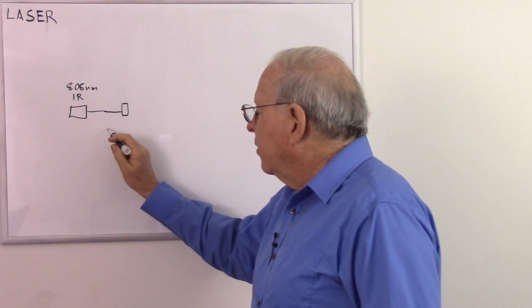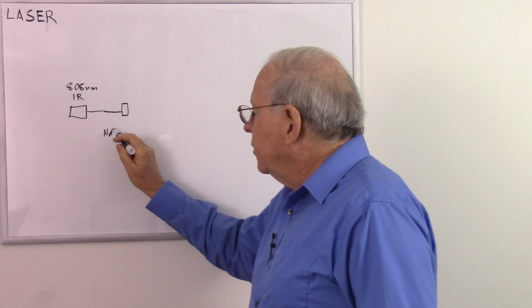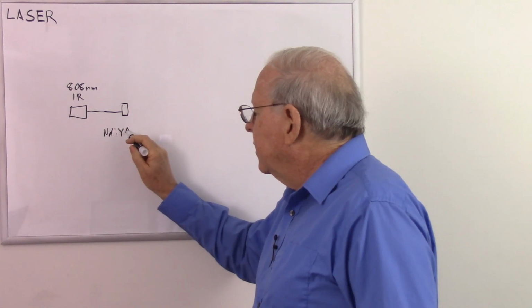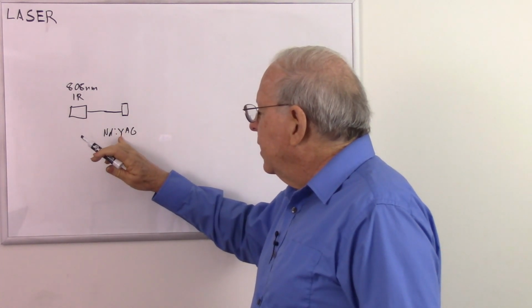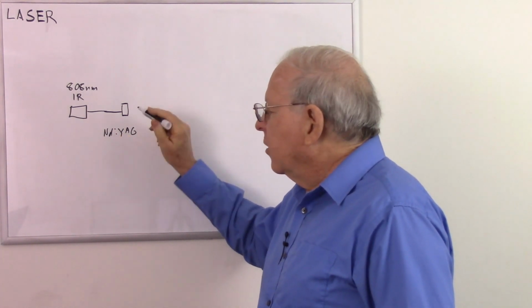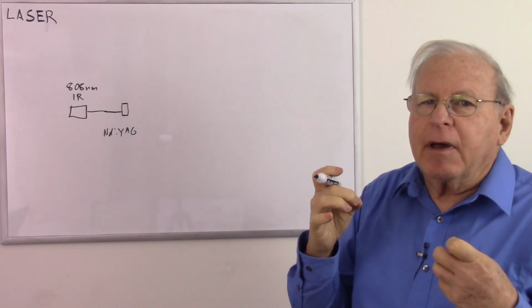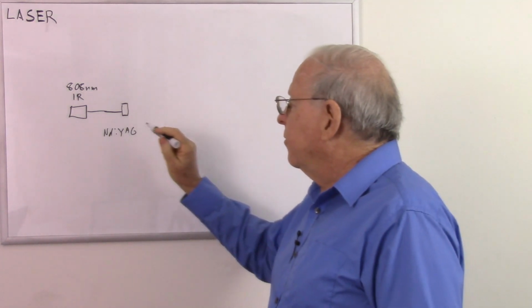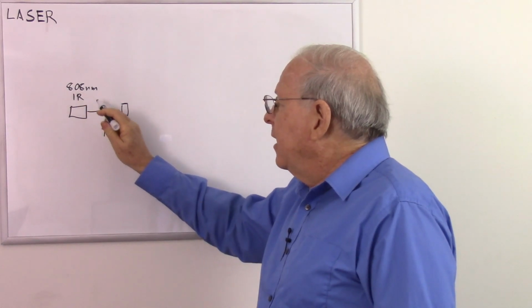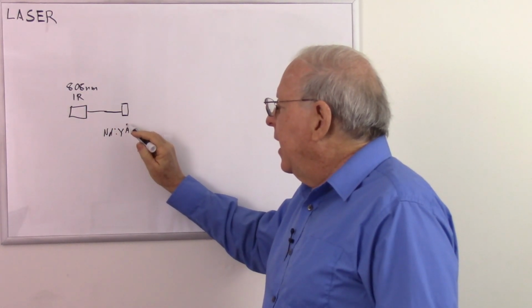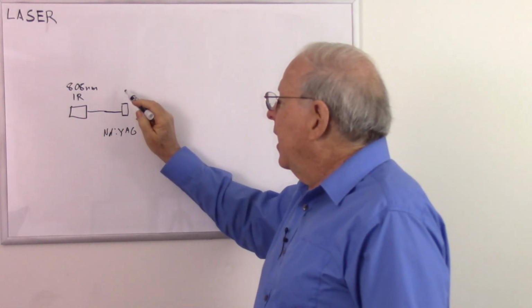So we have our neodymium doped YAG, so yttrium aluminum garnet with a little bit of neodymium in there, where the neodymium is the element that gets excited to create the laser. So we are using this 808 nanometer laser to pump a neodymium YAG laser,